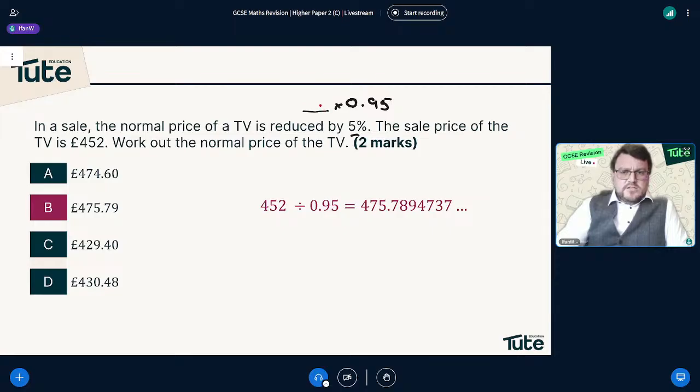So you've multiplied the original cost by 0.95, and you've gotten 452. And to solve anything like this, it's basic algebra. You're doing the inverse. And the inverse of multiplying by 0.95 is dividing by 0.95. And of course, you get